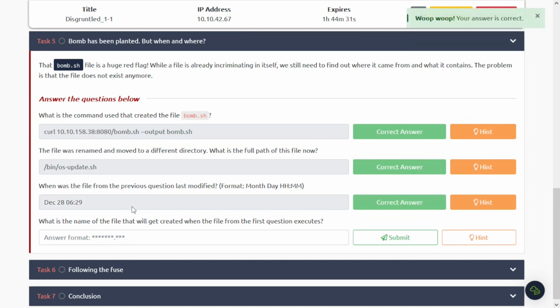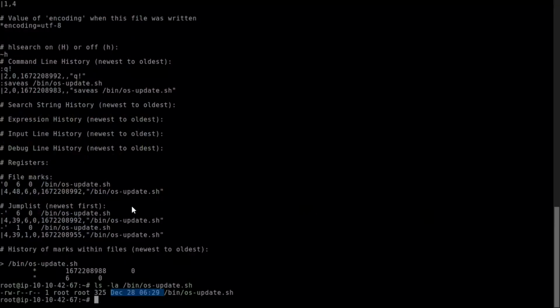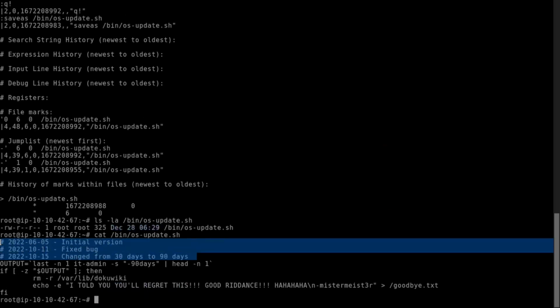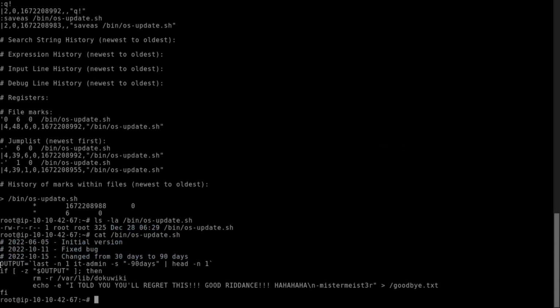Now, what is the name of the file that will get created when the file from the first question executes? To be able to know what the file is, we have to read what's in there, because it's obviously some shell commands. So these three are just commands. Then there is this which says last -n1